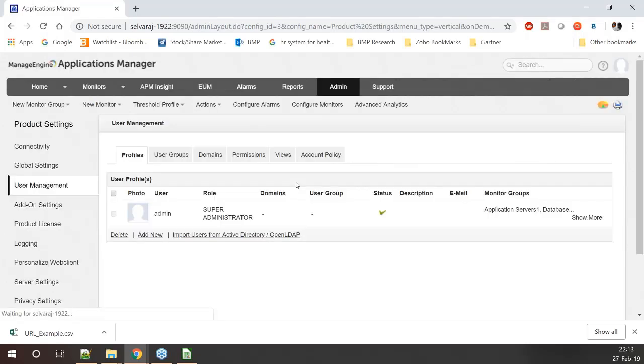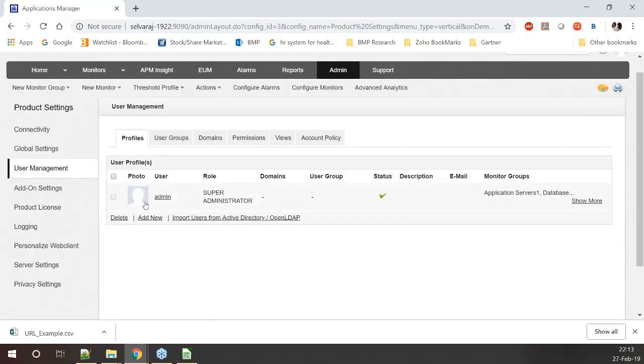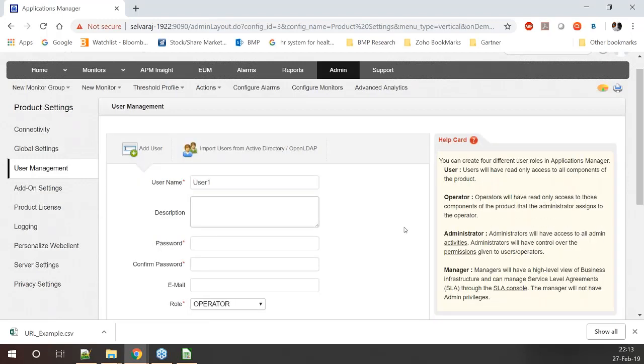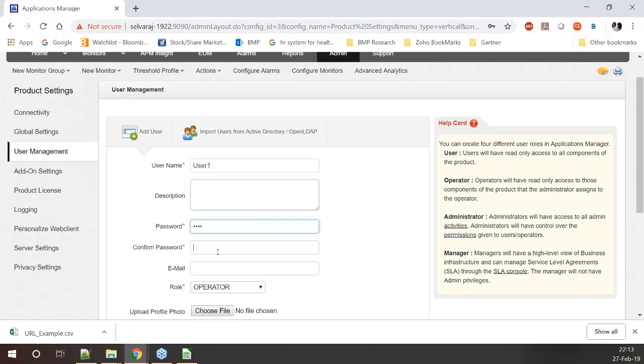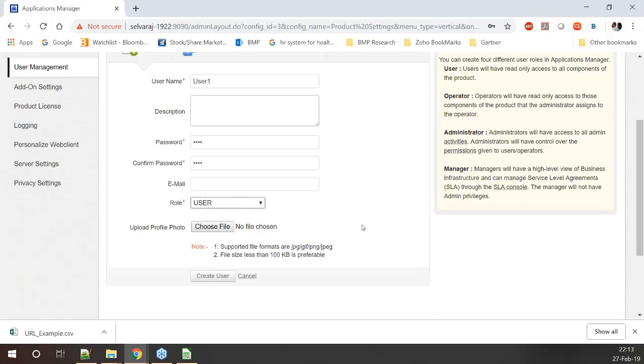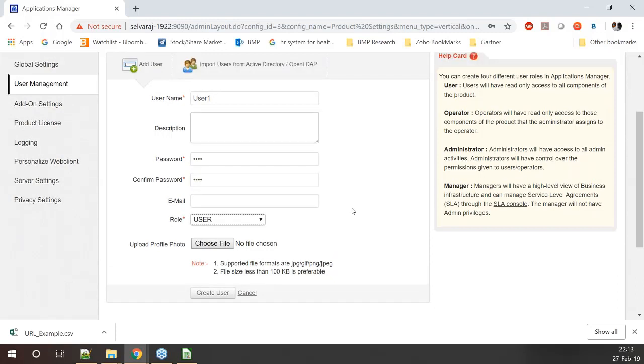So here by default, this will be the super administrator when you install the product. Now, if you want to add a user, we need to click on add new user. Let me give a name. Let me enter the password. Now, when you see the user role, we can create the user role to have read-only access. So let me create this,